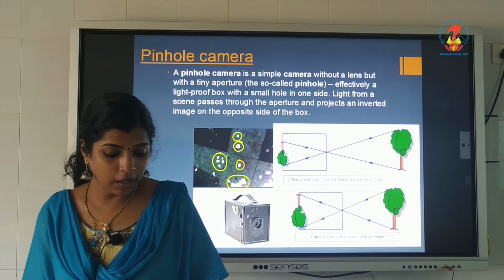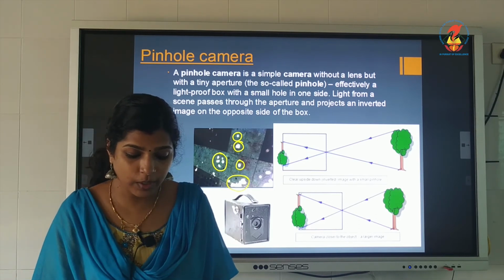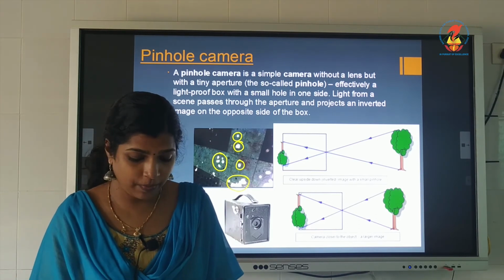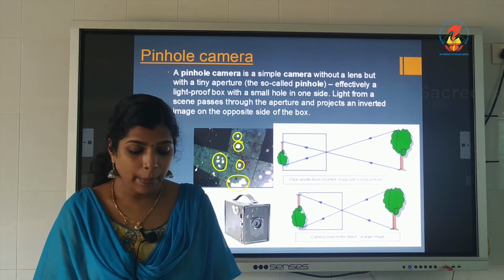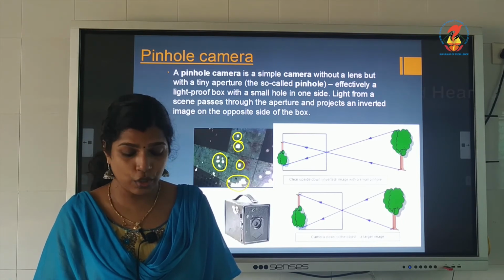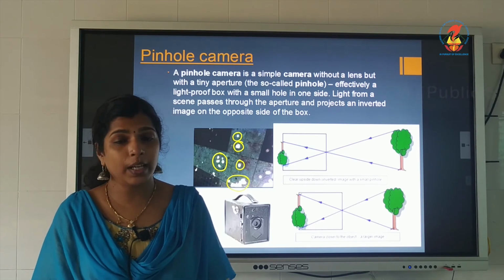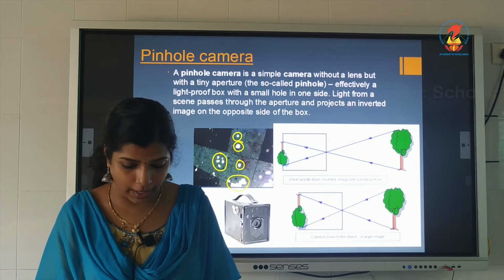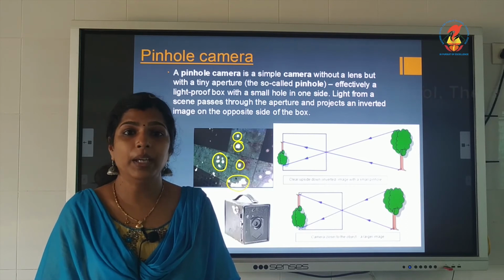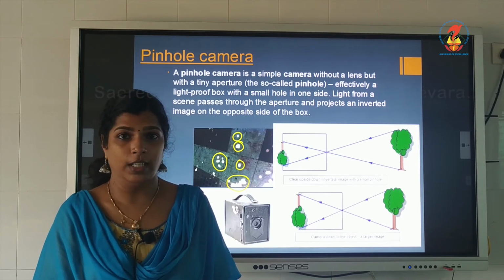So, when you sit under a tree covered with a large number of leaves, we often see bright circular patches of light on the ground. These bright circular patches of light are the pinhole images of the sun.